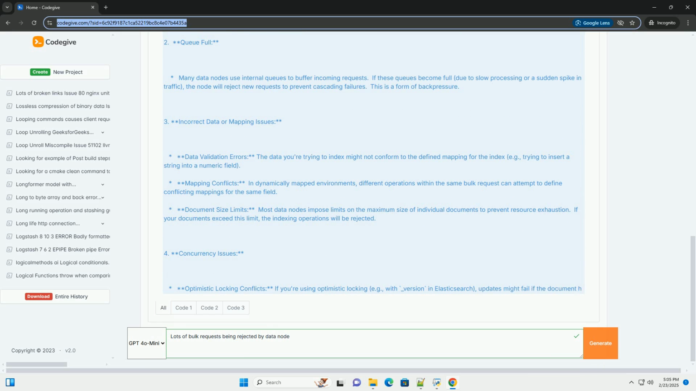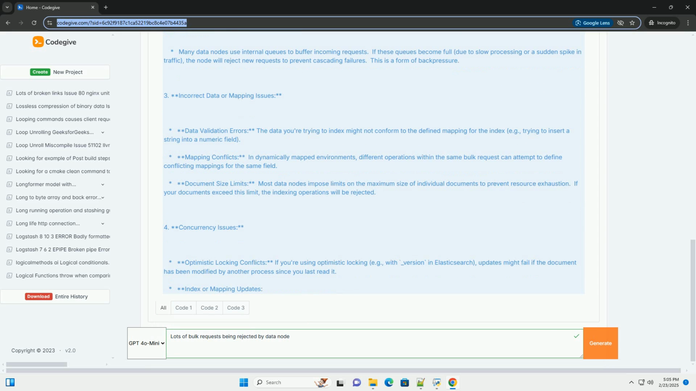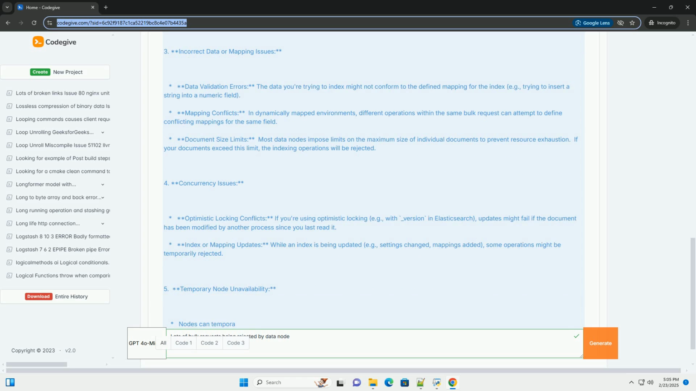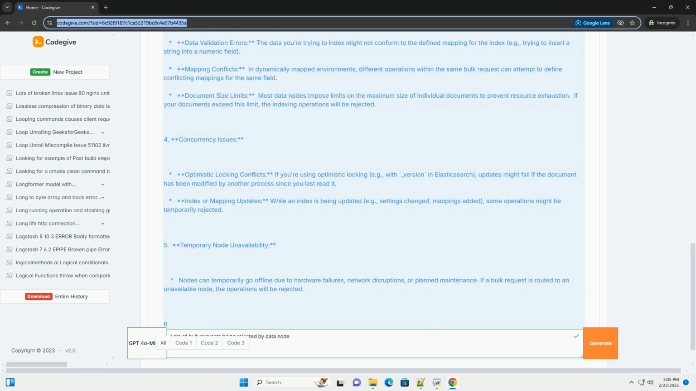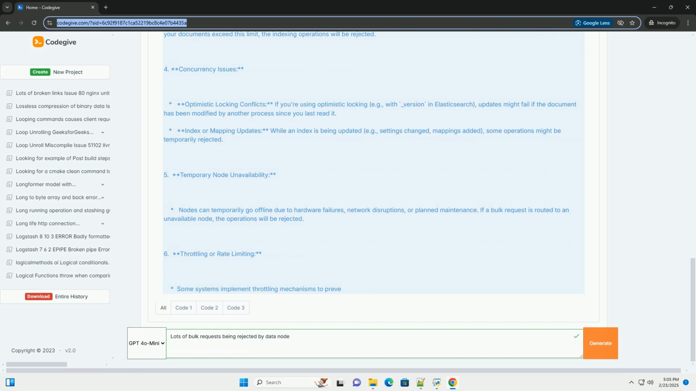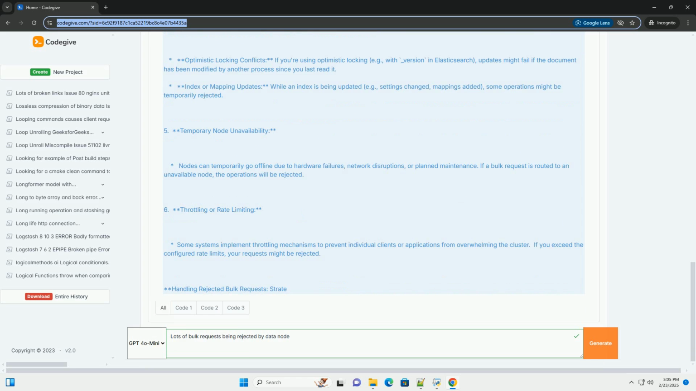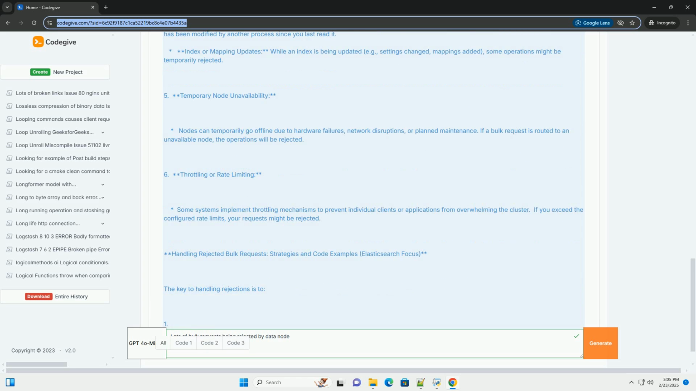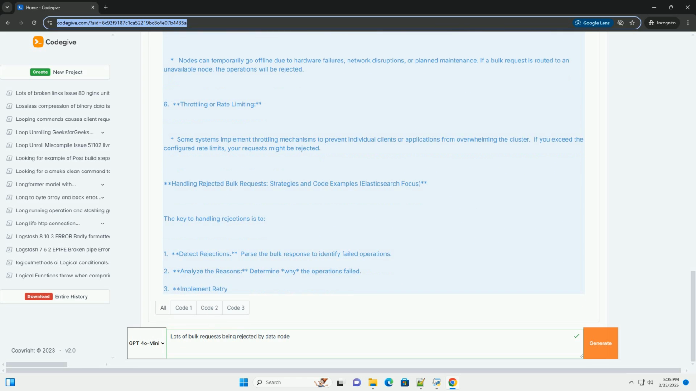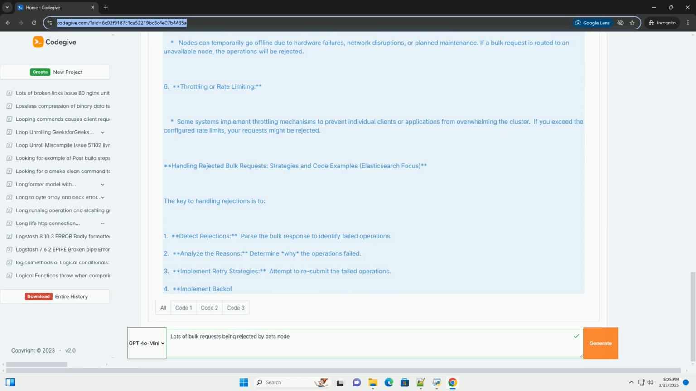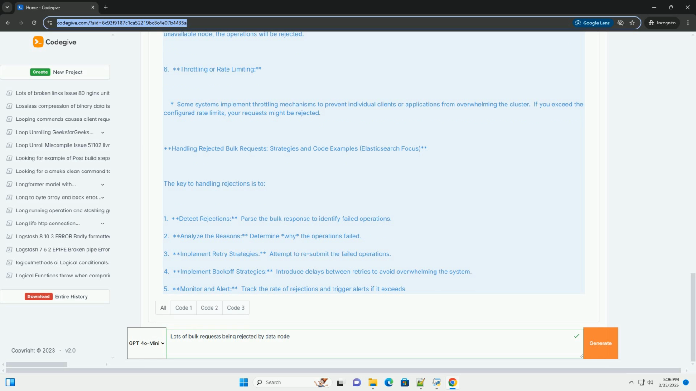This is generally much more efficient than sending individual requests because it reduces network overhead and allows the data node to optimize processing. However, if the data node is unable to handle the load imposed by the bulk request, it can reject some or all of the operations. This means the operations are not performed, and you need to handle the rejection gracefully to ensure data integrity and consistency. Common reasons for bulk request rejections: